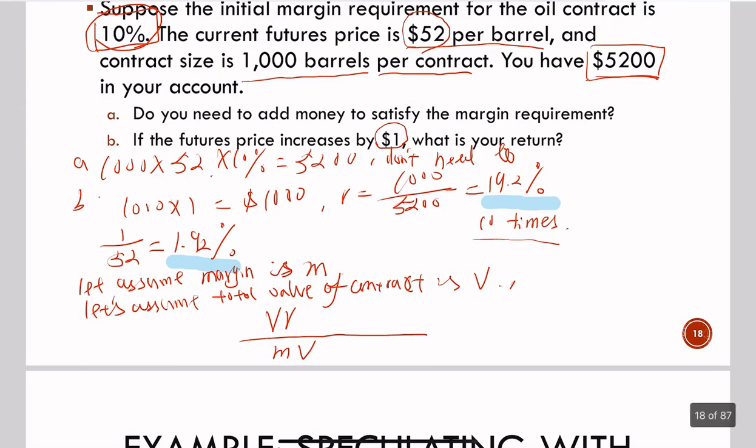Now you can see that the return of your account